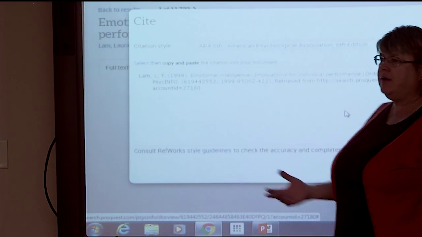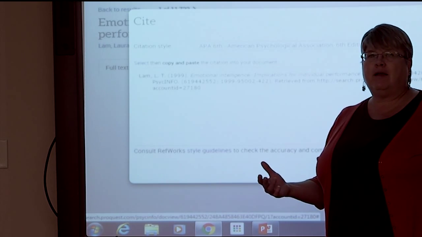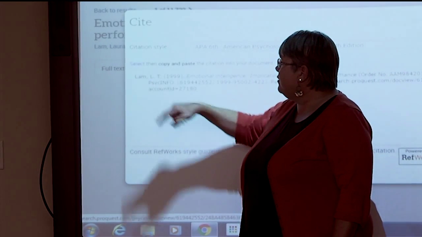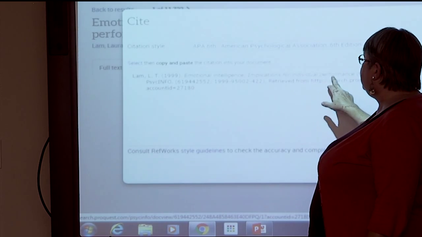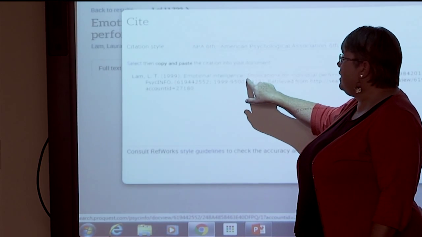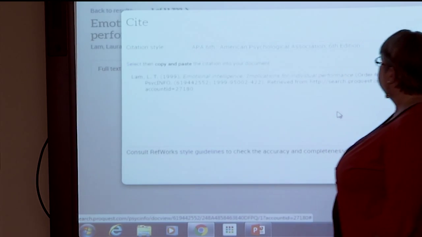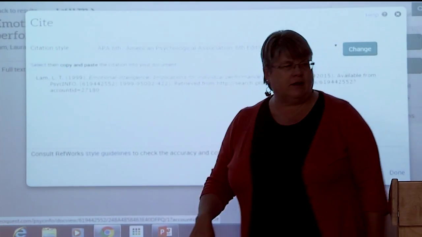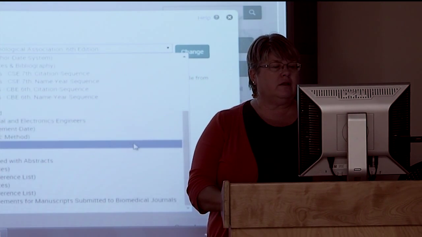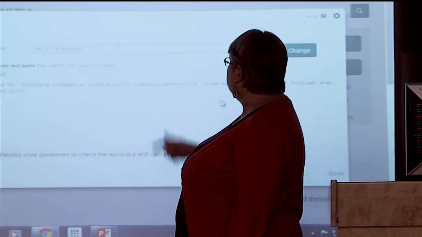A lot of times, I will cite most of these. If I get the PDFs, I will cite them as a print document and have it look like that. But other than that, that name's right, the date's right, the capitalization is right because you capitalize the first letter, and then if there's a colon, you capitalize the first letter after that colon, and then any proper names. So yeah, that's going to be right. And then if I want to change citation styles, same thing. I can pick the citation style that I want to use, and it changes it and makes the changes there.